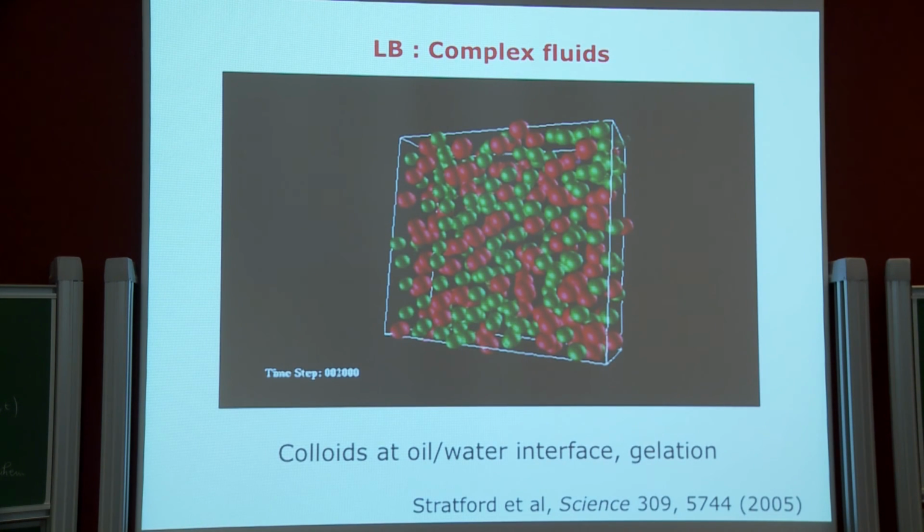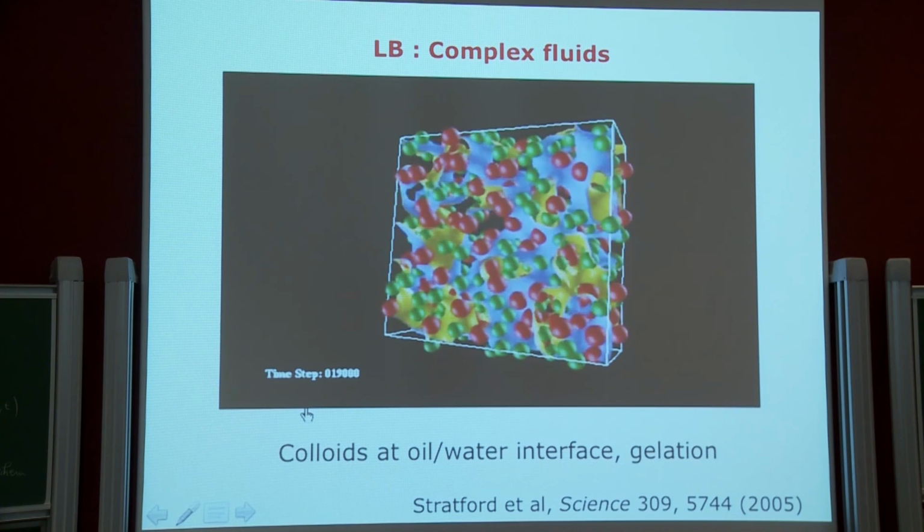Another example of a complex system is that of a mixture. So you don't see here the underlying fluid of oil and water, but you also have in this mixture different particles, colloidal particles, that have different properties with respect to water and oil. And I'm going to play a movie in a second, but what you will see are surfaces, complex surfaces that materialize the interface between oil and water that you will not see. And again, that's done with Lattice-Boltzmann